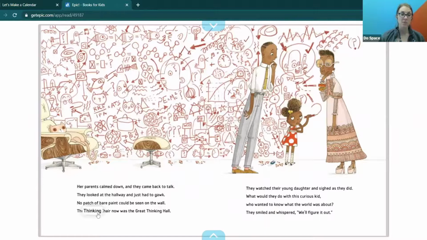And her parents calmed down, and they came back to talk, and they looked at the hallway and just had to gawk. No patch of bare paint could be seen on the wall. The thinking chair now was the great thinking hall, and they watched their young daughter and sighed as they did. What would they do with this curious kid, and who wanted to know what the world was about? And they smiled and whispered, and we'll figure it out,